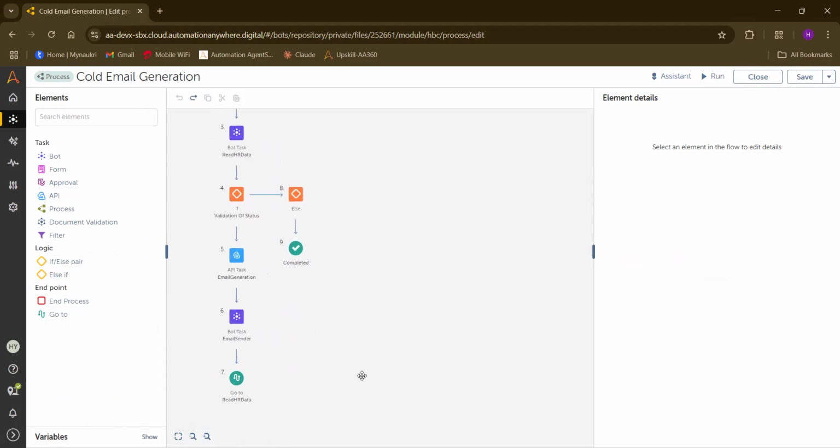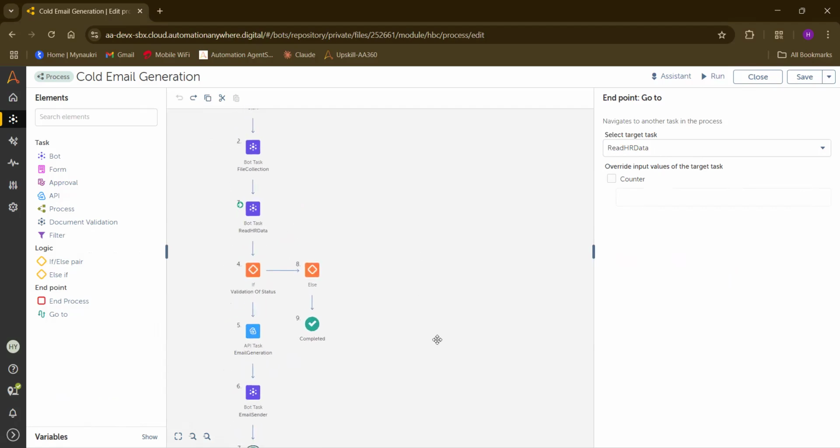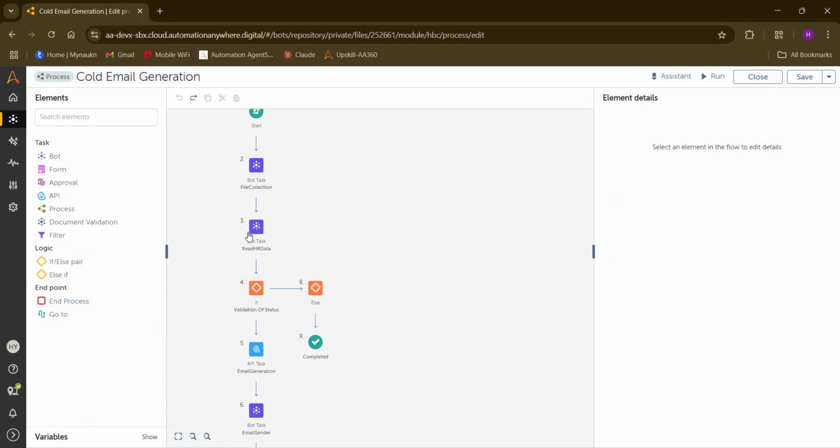After generating, we still need to validate again: is there any record available? So again it goes to the endpoint, read HR data, and it will go for the second record.